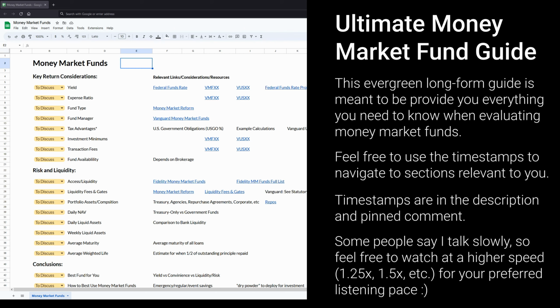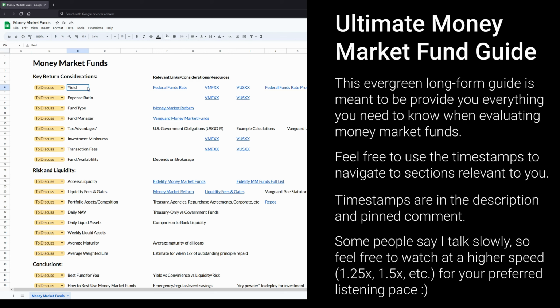As a quick overview, most money market funds are mutual funds that purchase short-term investment securities like treasury bills to produce a liquid cash-like investment that has a competitive yield. You can sometimes purchase money market funds at a bank, but we'll be focusing on money market mutual funds that you can purchase through a brokerage account, as they are much more widely accessible and transparent about their investments. As you can see, we have a lot to discuss about money market funds, so let's jump right in with